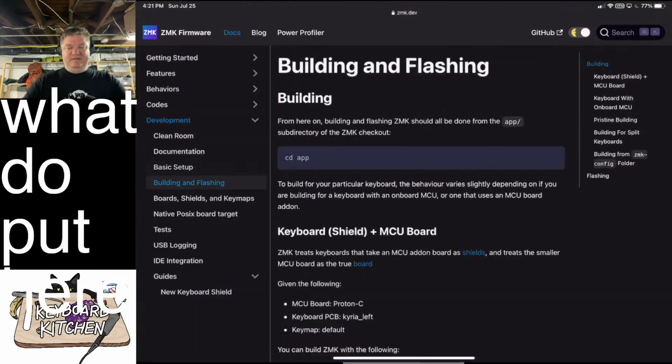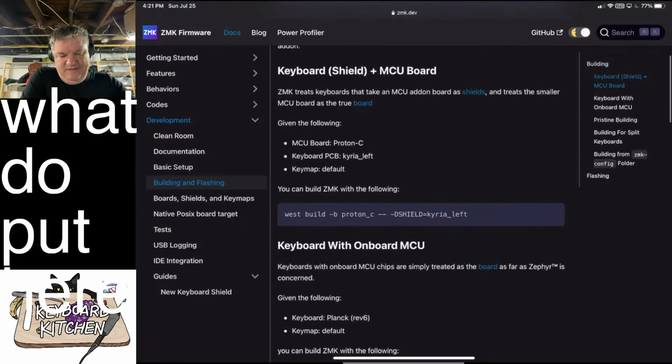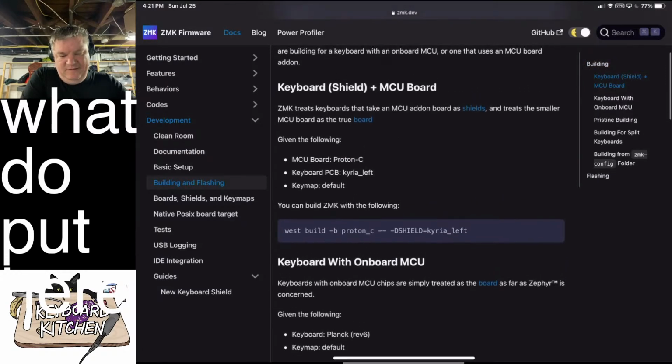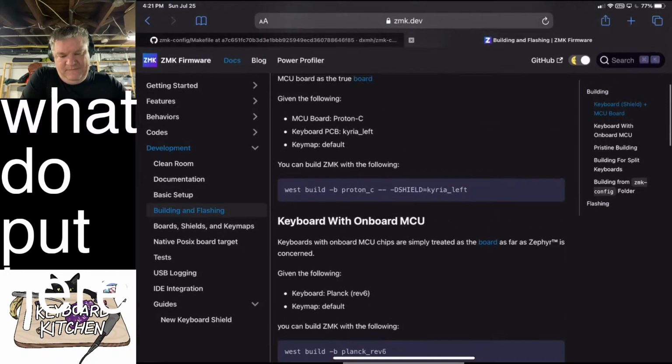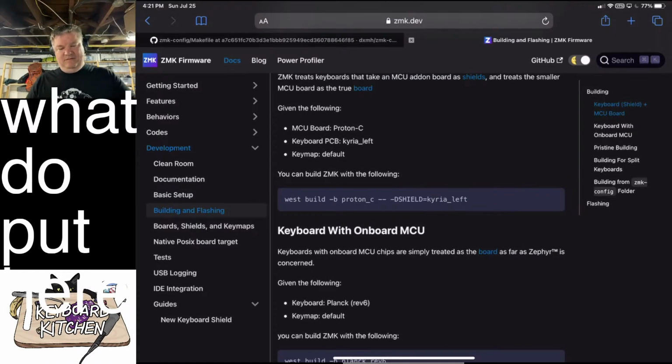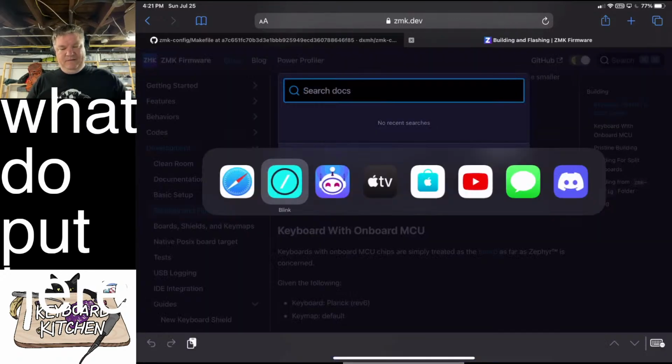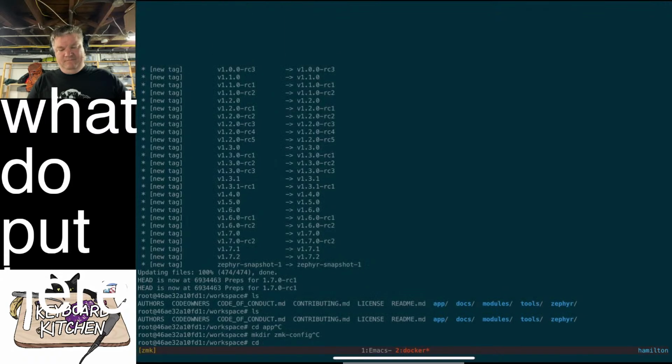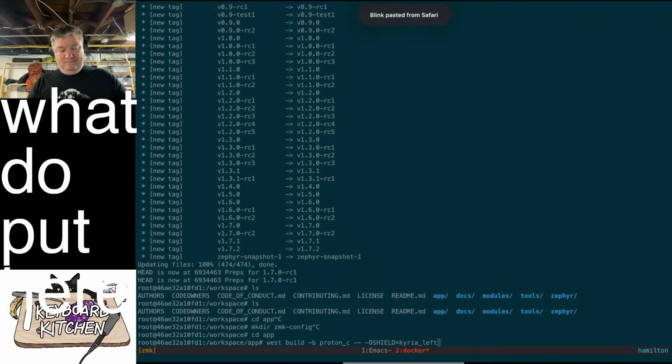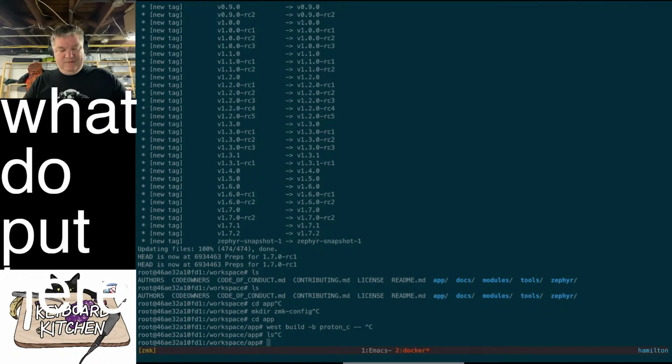Building and flashing. So then here it's like, you go into the app directory. Okay, let's see. Oh, copy. But I want to do, not Proton C, I want to do